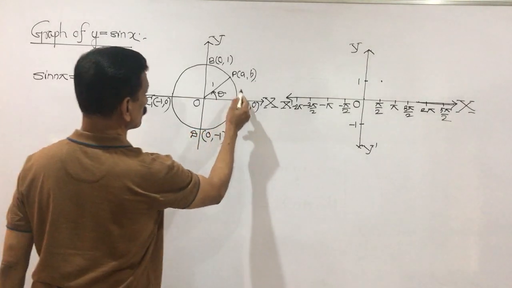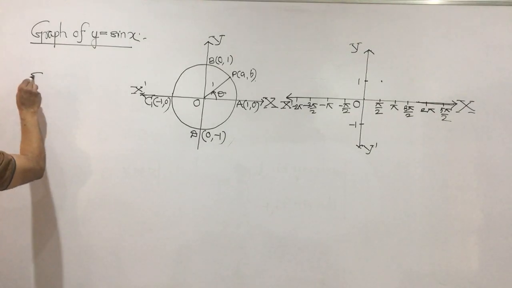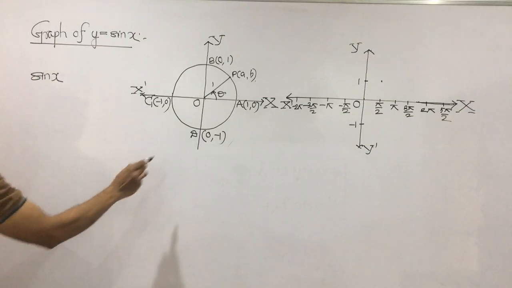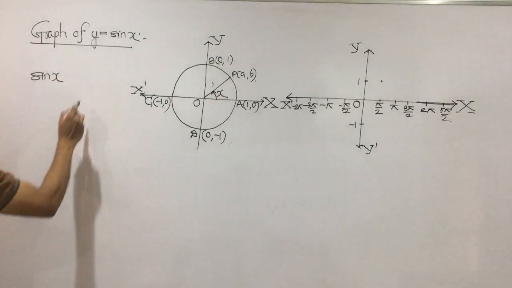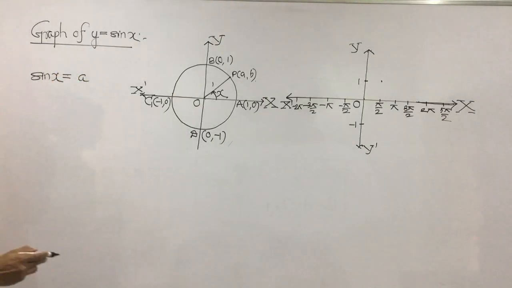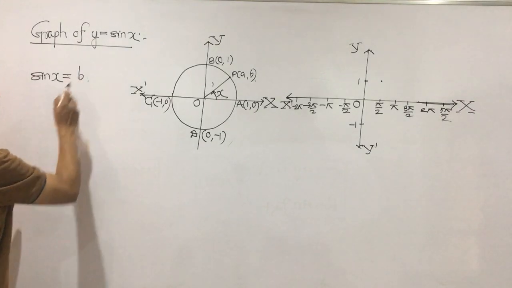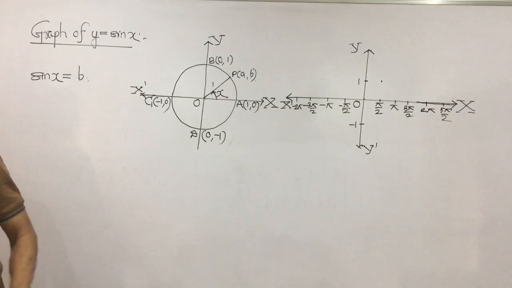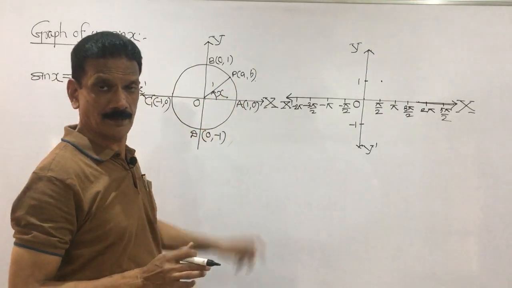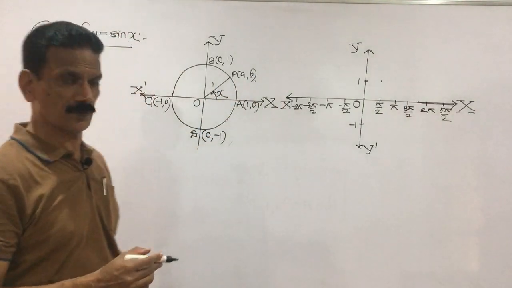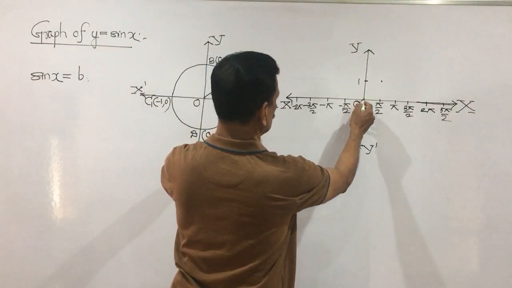So here we have 0, and we shall write the value of sin x, where this angle theta we take as x radian. We know that the ratio is defined as follows: the y coordinate, the ordinate, is b, and the distance is a. Sin is b divided by a, cos is a divided by 1, and tan is b divided by a. I hope you remember that. So sin x is b, and b is 0 here, so I have taken sin 0 as 0.